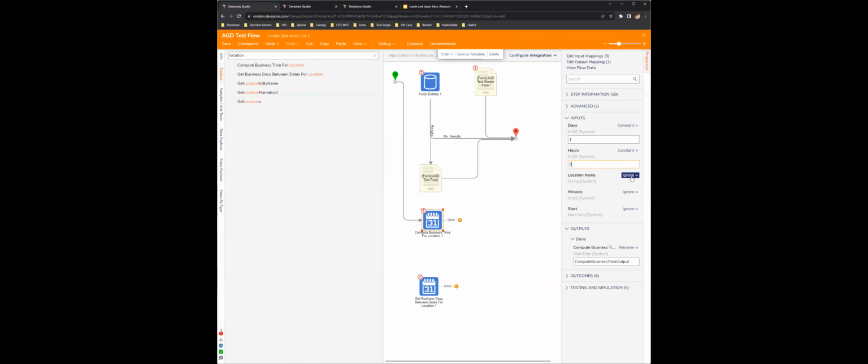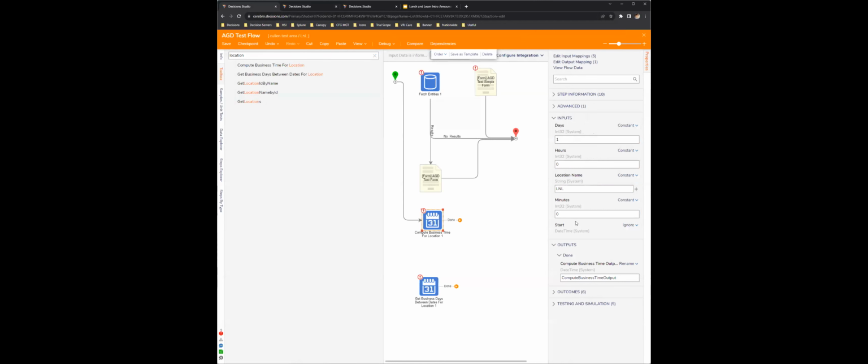Let's just do constant here, location name. Constant. And the start would be current date.